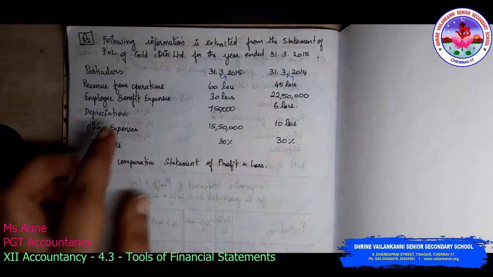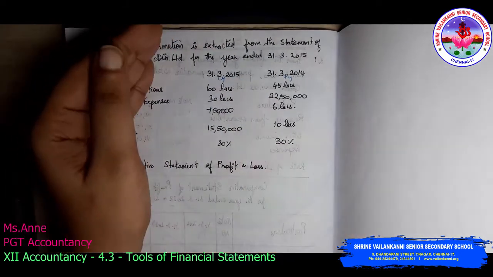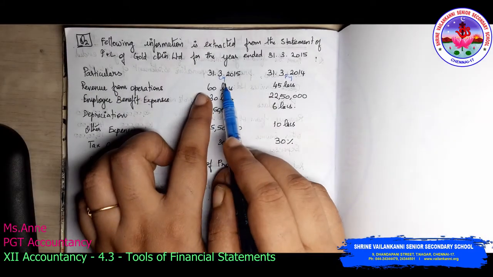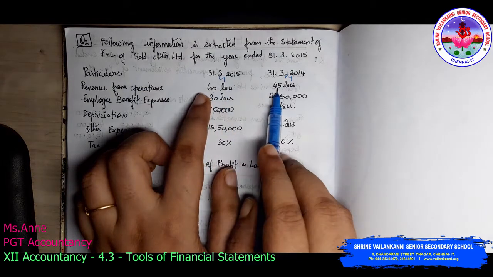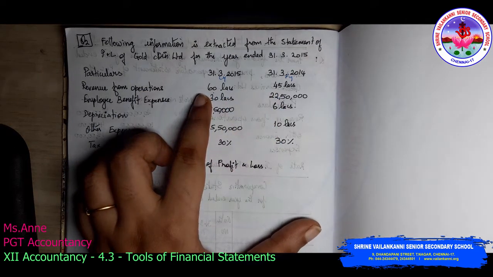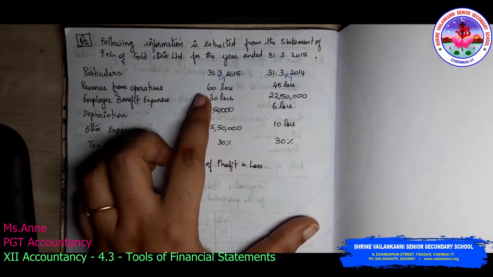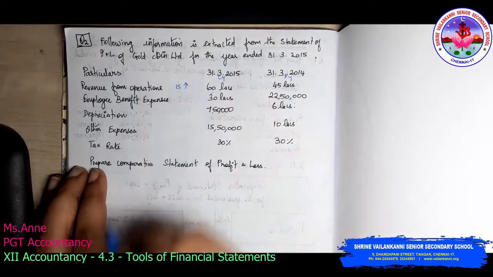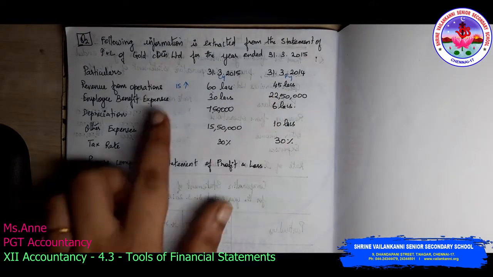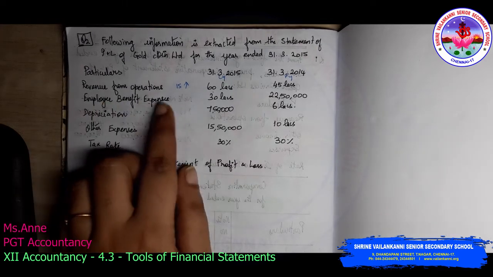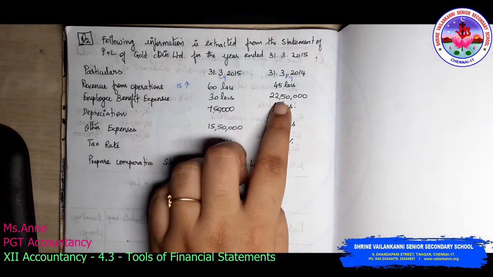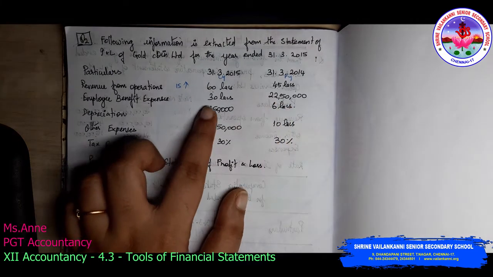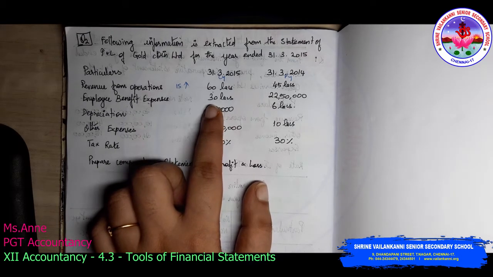Now we have to identify which has increased. So revenue from operations, current year it is 60 lakhs, but here it is 45 lakhs. So there is a jump of 15 lakhs. So 15 lakhs increase is what we have to write. Employee benefit expenses 30 lakhs, but here it is 22 lakhs 50,000, which means 7 lakh 50,000. There is an increase. So